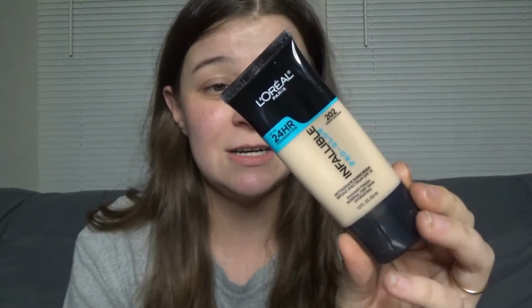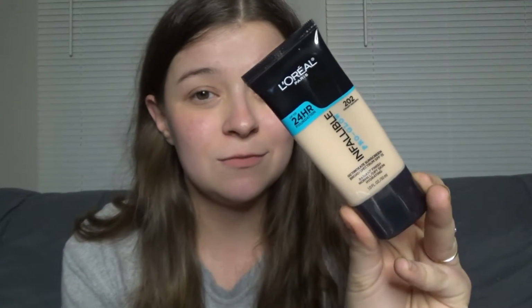Has such a good medium, I would say medium to full coverage depending on how much you build it. Very glowy, very fresh looking on the face, very long wearing. It's a very awesome foundation. So if you're looking for something that's got good coverage, got a pretty glow to the skin, the next